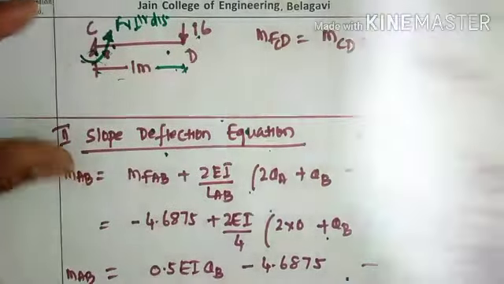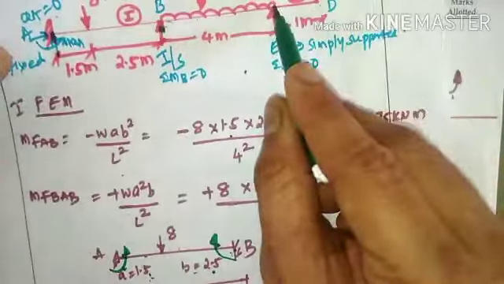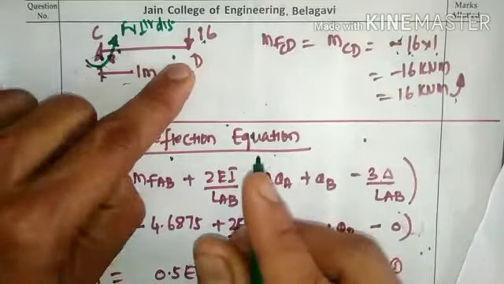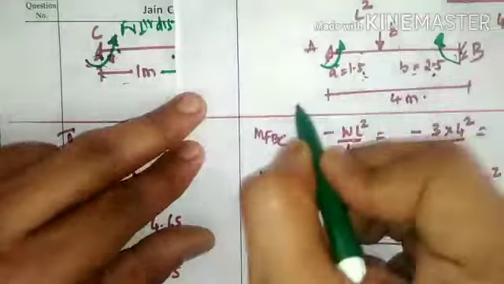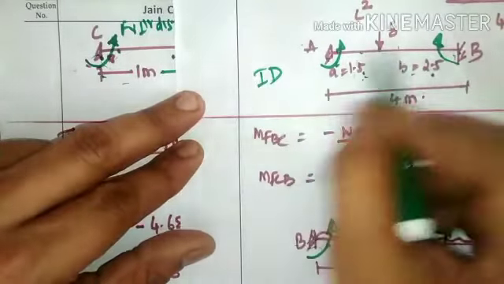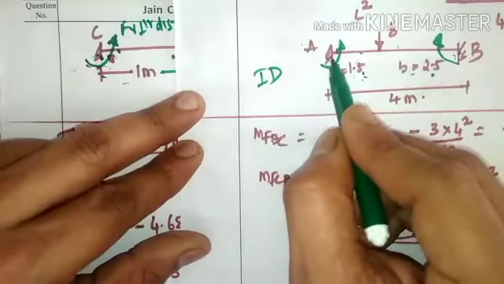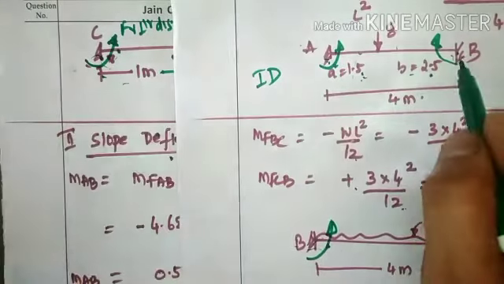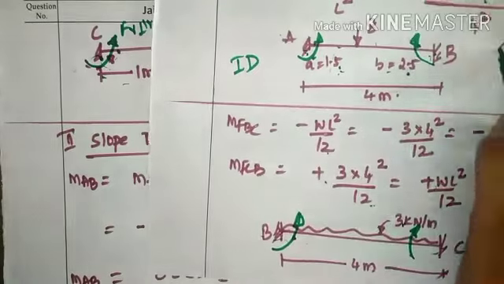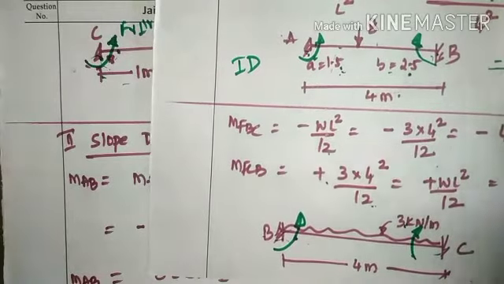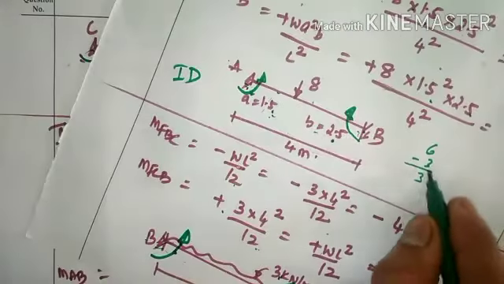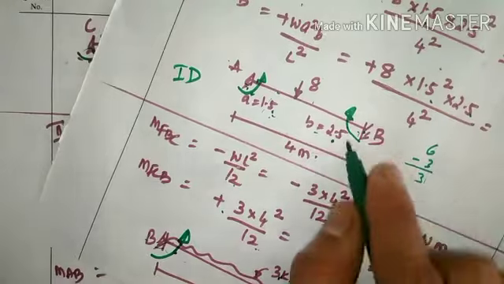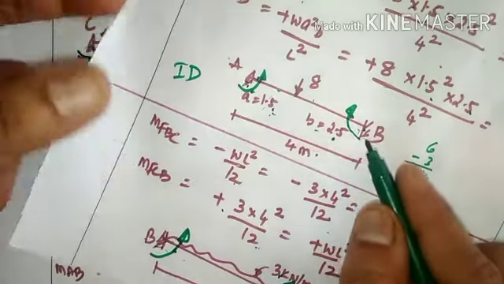Again I repeat, care needs to be taken for C to D because the only support is provided at C and D is a free end, so you are not going to provide any support at D. Now, if you observe the AB span and CD span, the AB span is an indeterminate structure because both ends are fixed. Here there will be 3 reaction components, here there will be 3 reaction components. Total number of reactions is 6, whereas equations of equilibrium are 3. So the number of unknowns is greater than the number of equations of equilibrium, which indicates it is an indeterminate structure.